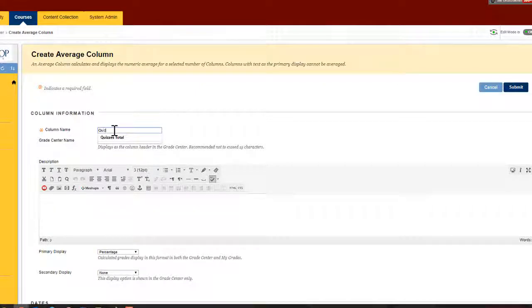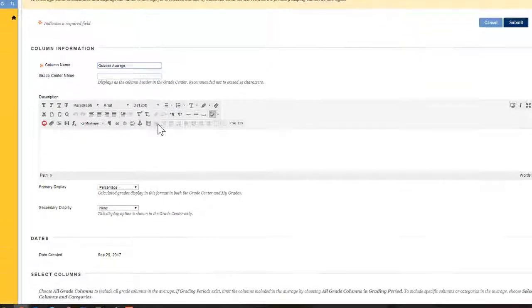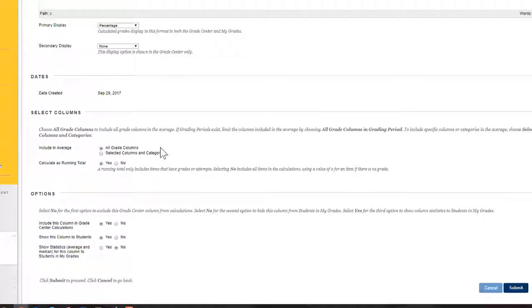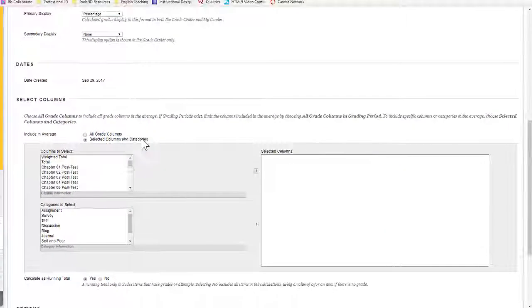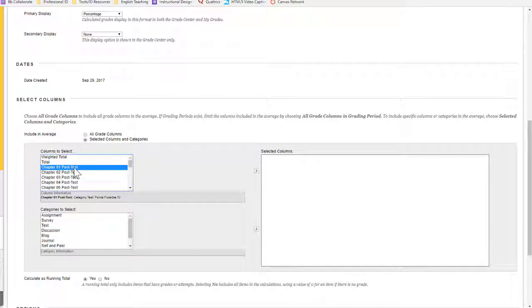I'll name this, I'll go ahead and create the quiz average, and then I want to scroll down to select columns. I do not want all grade columns, I only want the ones that count as the quizzes. So I will go to Select Columns and Categories, and then I will choose the ones that I need.